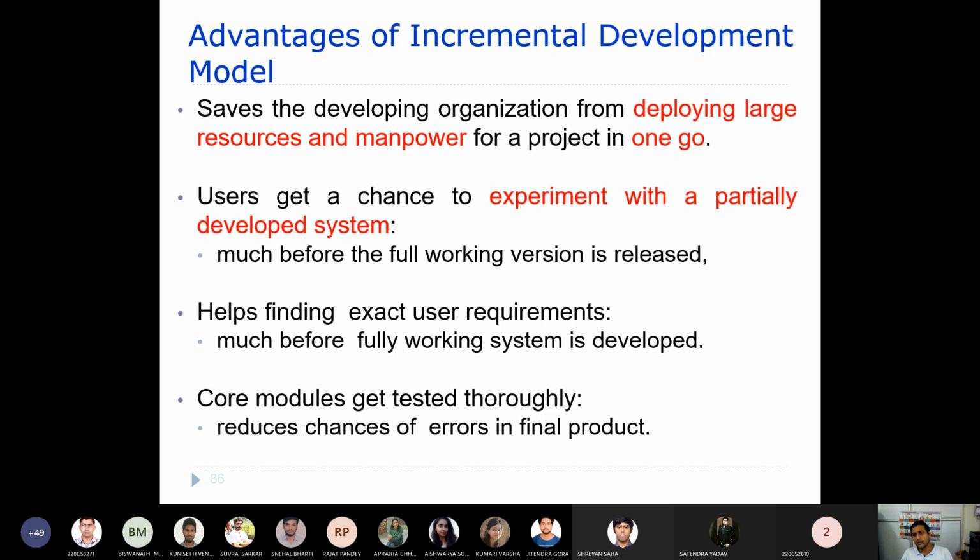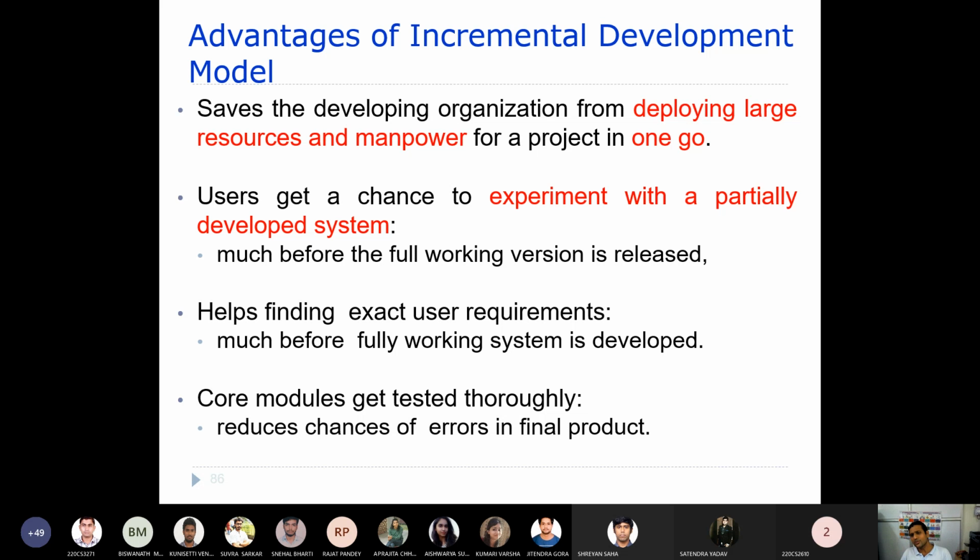That is one of the benefits. Whereas in the waterfall model, before you start the development process, you must have almost all the resources deployed. Here it is not required because you are only concentrating on one version, and you keep on adding the resources.